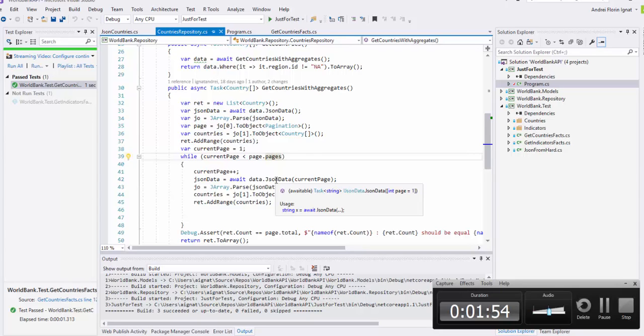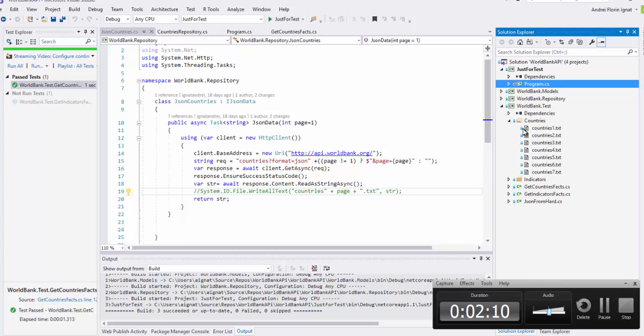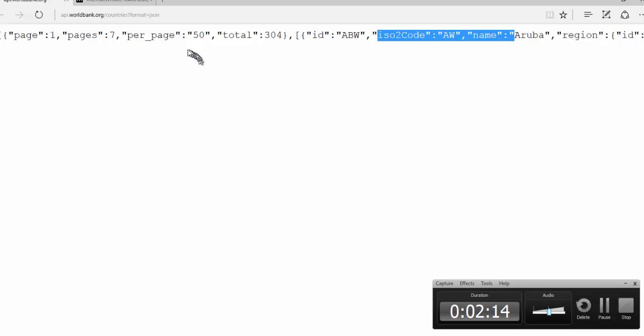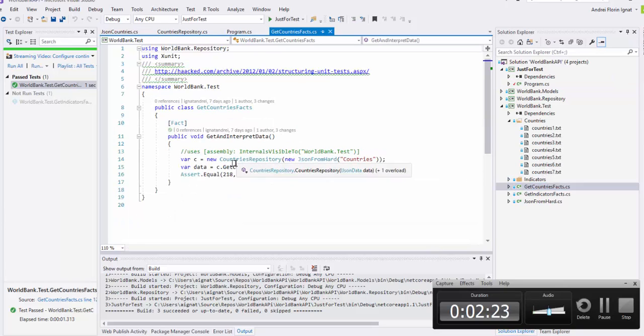So when we have made the first test, we can save the data from JSON countries in a file here, system file, runtime text, countries page txt. So now we have on hard disk here countries 1 until countries 7. There are 7 pages, page 7, and then we have 7 files on hard disk. So we want to get countries to do this, and we want a countries repository, but